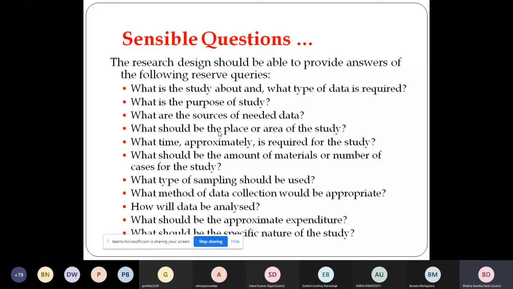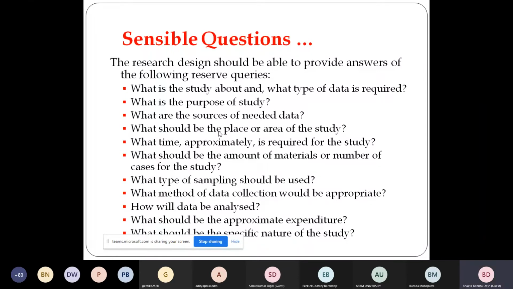Each area has to be distributed with specific time, and that detailed implementation plan has to be there. Otherwise, what will happen? You cannot give logic. Sometimes what happens? Data collection you have given 3 months, but you went on taking say 1 month, 1 year. Ultimately, 9 months you took from the other area like analysis and reporting. So you are not being ethical to your research. When you talk about ethical research, you need to follow the timeline.